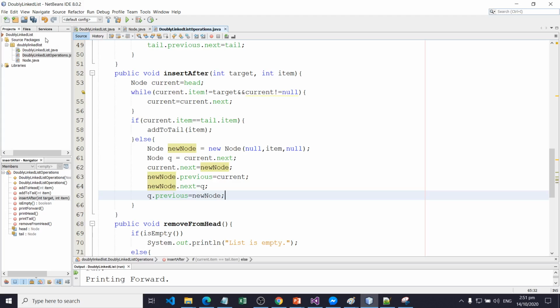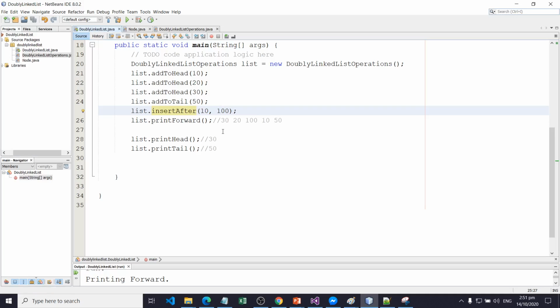Now let's save all and try to call insert an item right after 10. Take note, we have add to head 10, 20, 30, which are always add to head, and add to tail 50, so 50 will be placed right after 10.